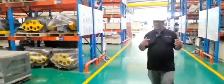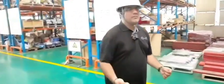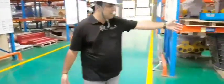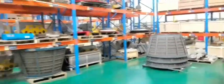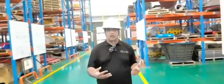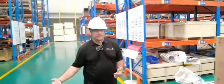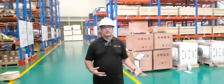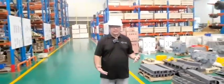So if you need any vibrating screens, if you have a requirement for cyclones, or a requirement for centrifuges, feel free to give us an order, send us an inquiry. As you can see, we already have the baskets and everything well prepared in advance, so we can give you the utmost quality, as well as reduce the lead time when it comes to ordering centrifuges, cyclones, vibrating screens, magnetic separators, VM bar, and our new product range, which is Golden Coal and the Circular series for